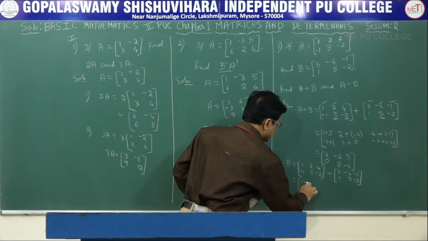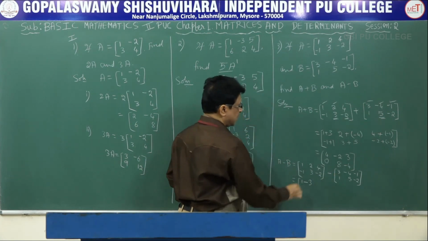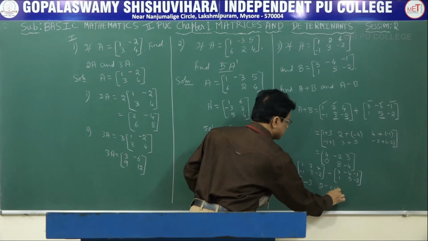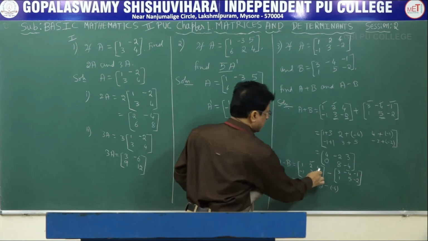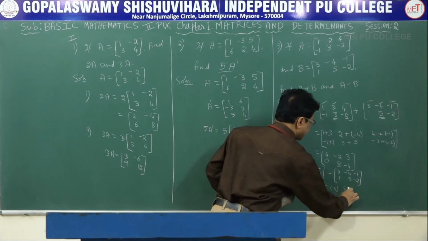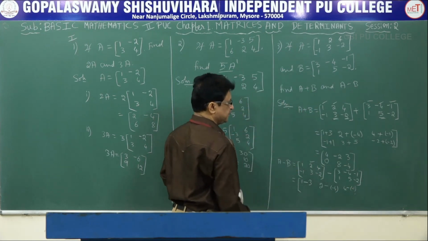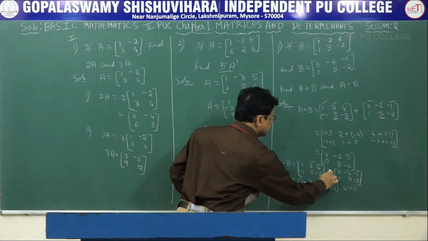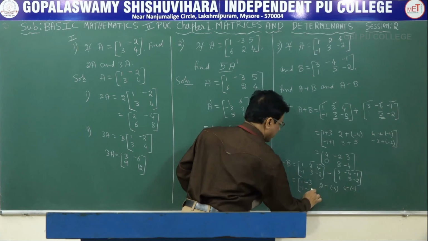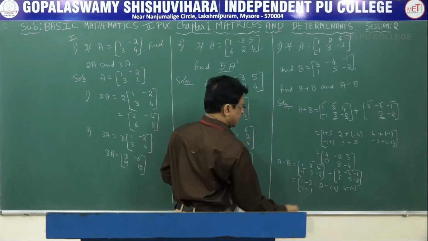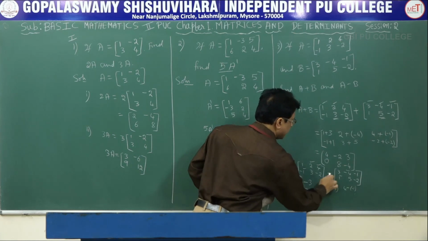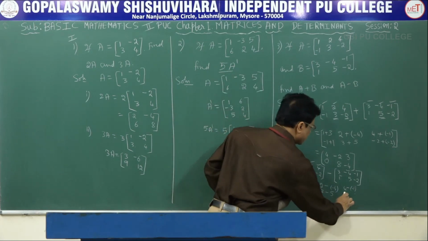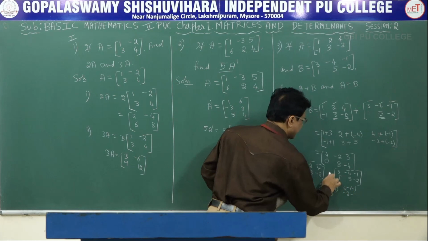So, 1 minus 3, 2 minus 4, next 4 minus 1, next minus 1 minus 1, next is 3 minus 5, next minus 2 minus